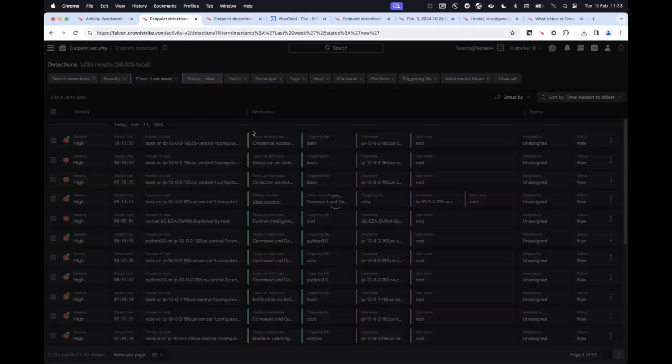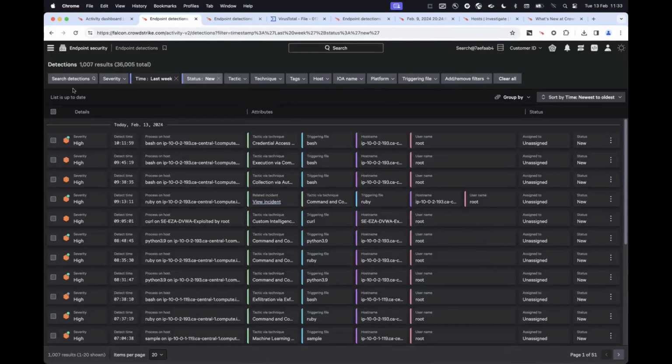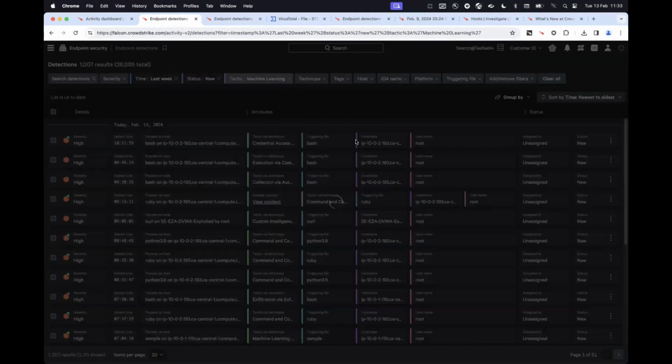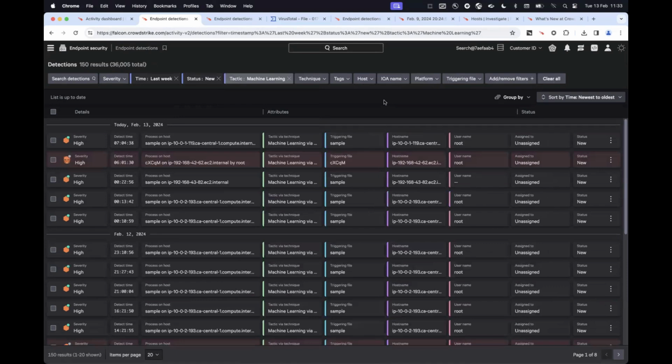any further. And then again, we still have quite a number of detections here, over 1,000 in this environment. I might want to start thinking how I'm going to then process those. So in this case, I might want to filter on detections that have a machine learning tactic and technique. And then because I'm looking at machine learning detections, which again are based on what the file is, what the process is before it runs, before it's performed any actions, it makes the most sense to group these detections by